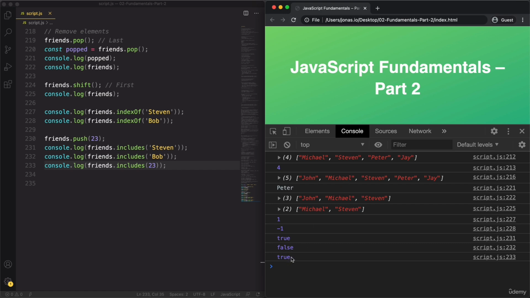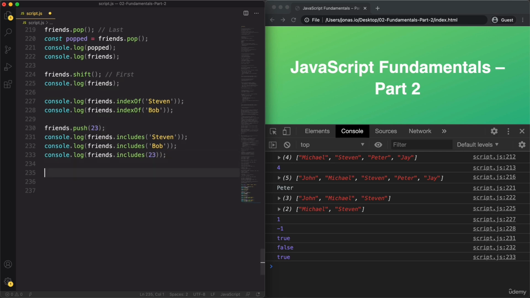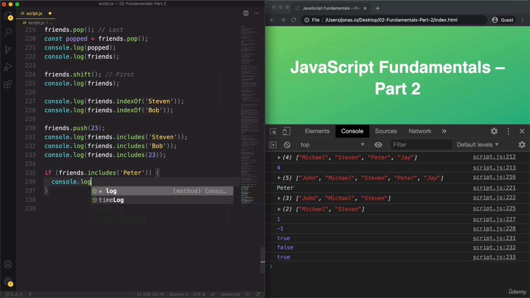And yes, it is. So we added it here to the array, and so then, of course, the array includes it. That makes sense. And so we can use the includes method to write conditionals. So that's one of the very useful applications of this method. For example, just to test it out very quickly, let's say friends.includes Peter. And then, if so, we can log to the console, you have a friend